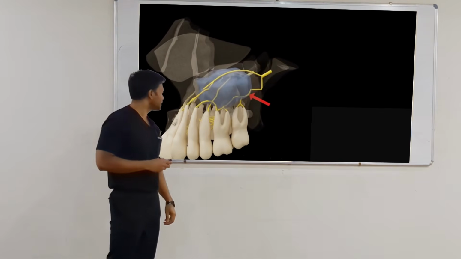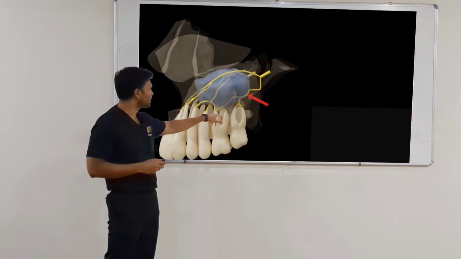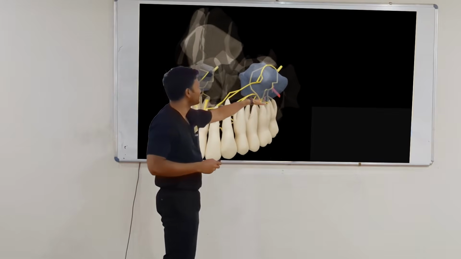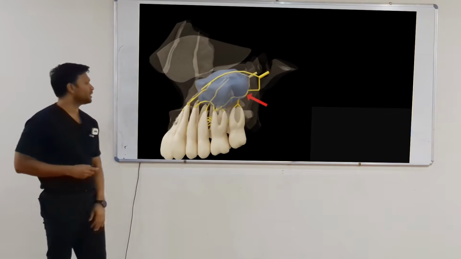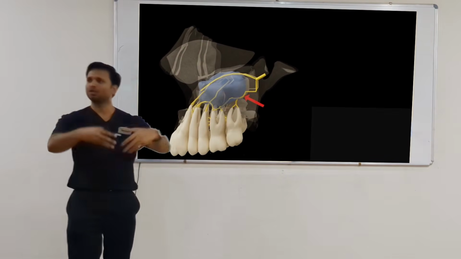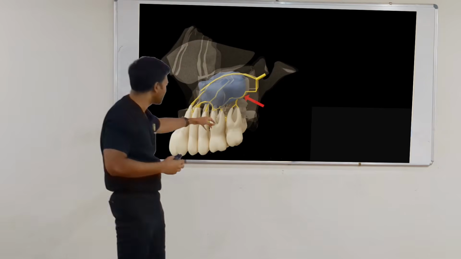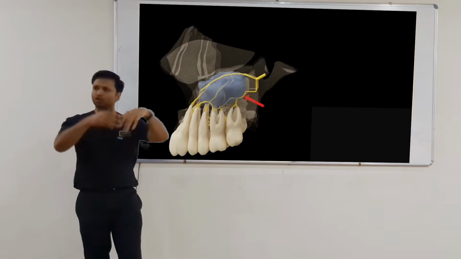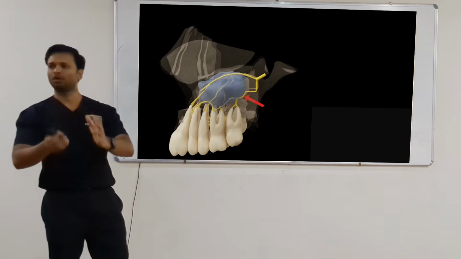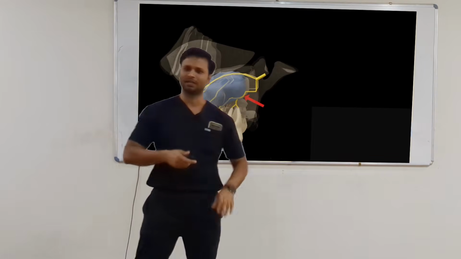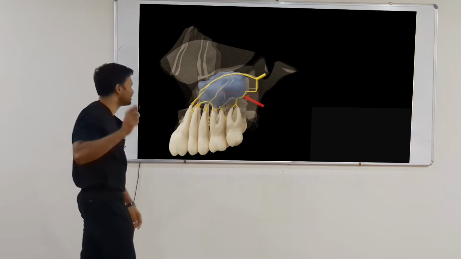So another thing you need to see is the mesiobuccal root of the first molar. Can you see it is getting supply from this nerve also and this nerve also. Okay. Now it is not always the case that it is from both nerves. Sometimes it gets the supply from one nerve or the other nerve or both also. Okay. Any permutation combination can happen. Anatomy is not perfect, not absolute. Changes happen. Okay.